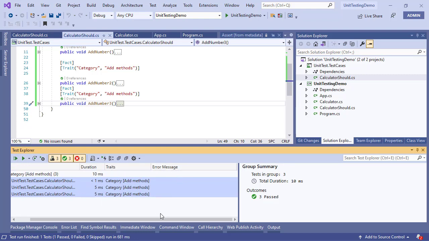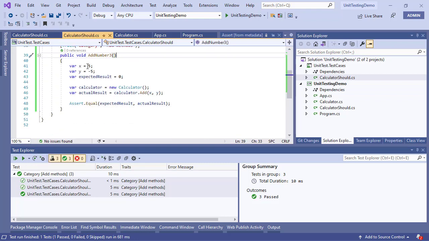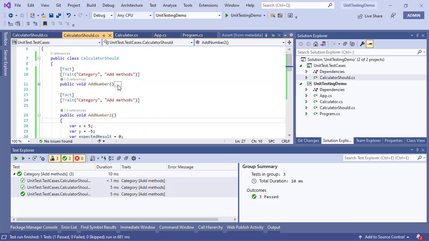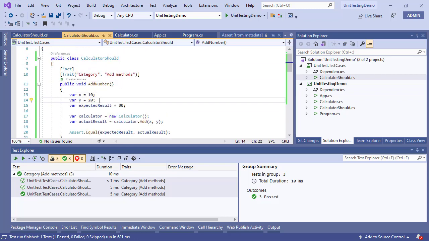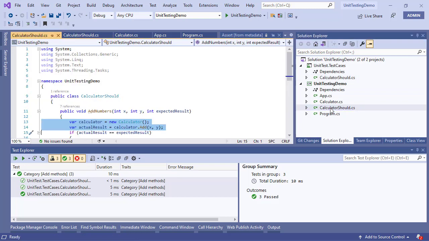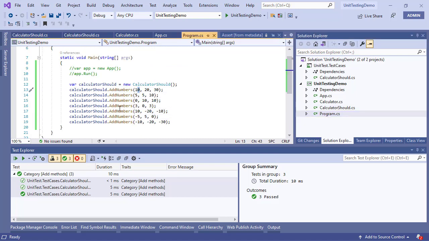It is giving you the category, and in case of failure, it is probably also going to put a nice friendly error message here of which of these test cases failed. Now we see that there is a lot of repetition here, like 5 and -5, and they are all doing the same thing, right? It's the same for this test case as well and this test case as well. All we are doing is changing the parameters, the input to the add function and the expected result. We would want to pass different values to the function without a lot of repetition of coding,